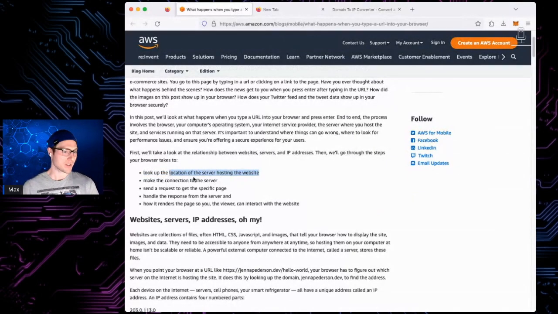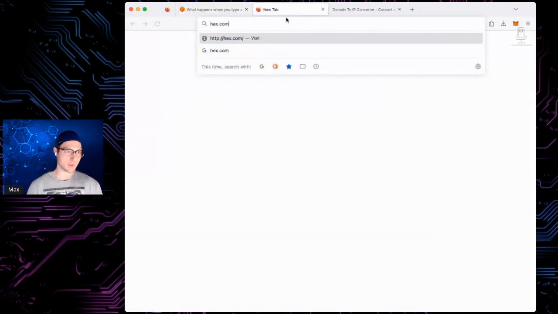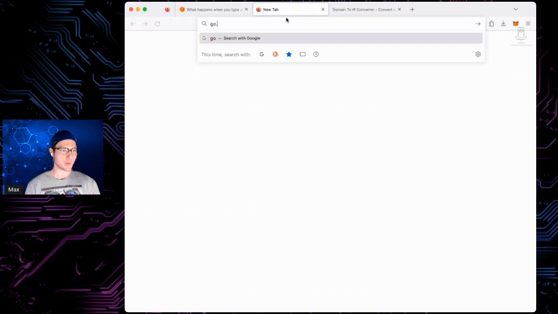We got the IP address. It uses the IP address to make the connection to the actual server. It sends a request to get the specific page. So if you're going to hex.com, well, I guess a better example is go.hex.com/ we might look that up too, because it would be interesting to see the DApp stuff going on, or /stake